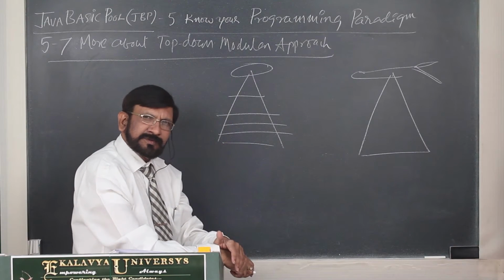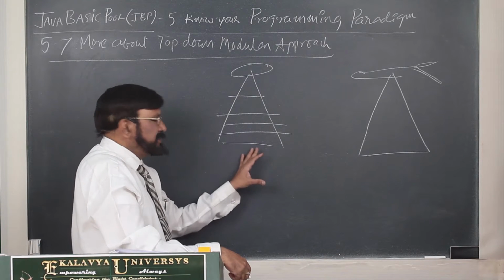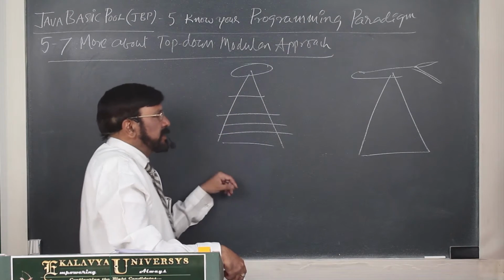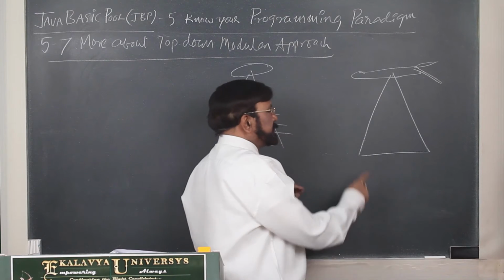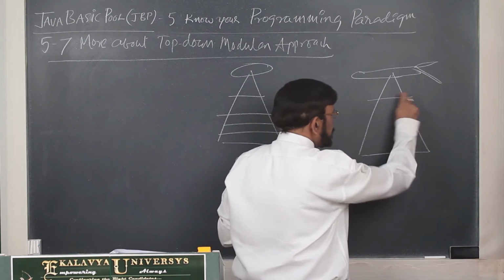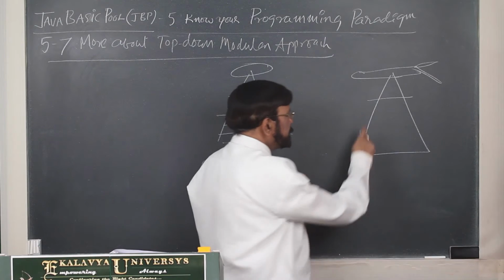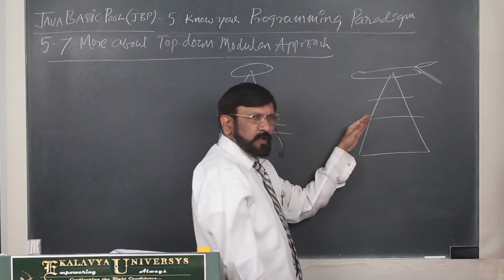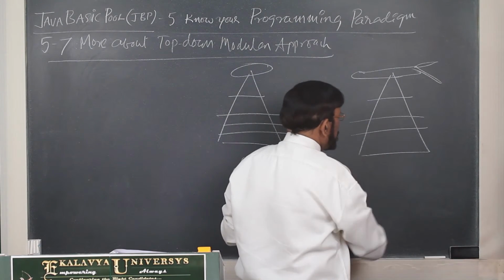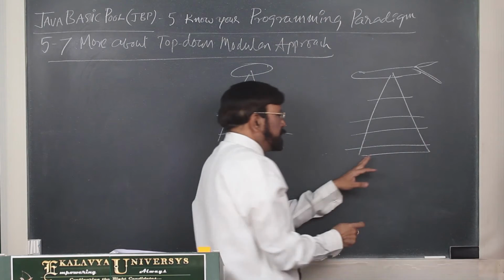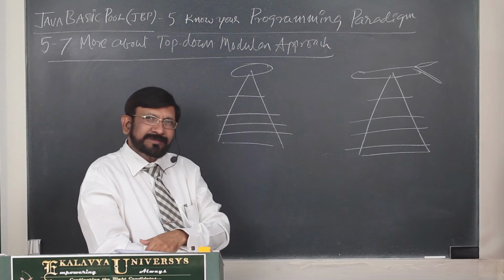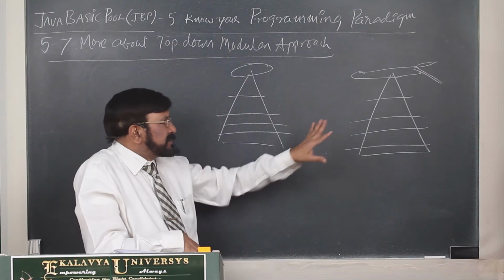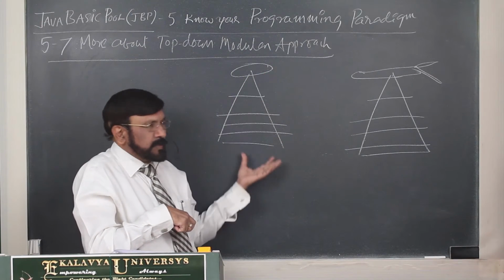What are the activities? You clearly list them out in a pattern. In the same way, if you are flying high in the sky, everything is blur. Come down a little, some clarity. Come down a little more, some more clarity. Ultimately, you land, and everything you can see with the naked eye. Understand? That's why this is the top-down modular approach.